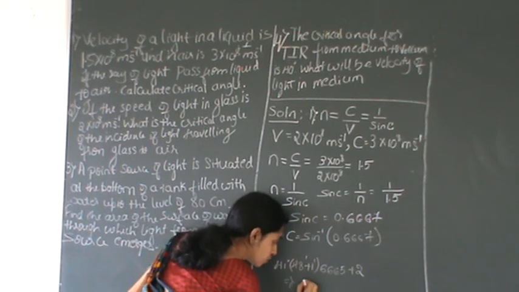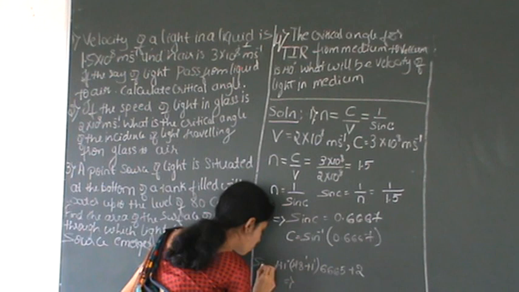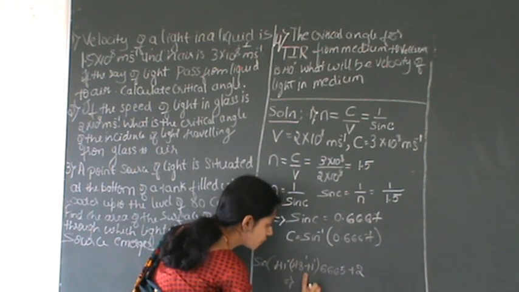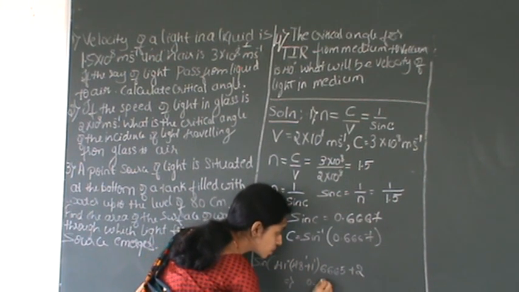How to write that value? Finally, the sine of 41 degrees, 49 minutes, my value is